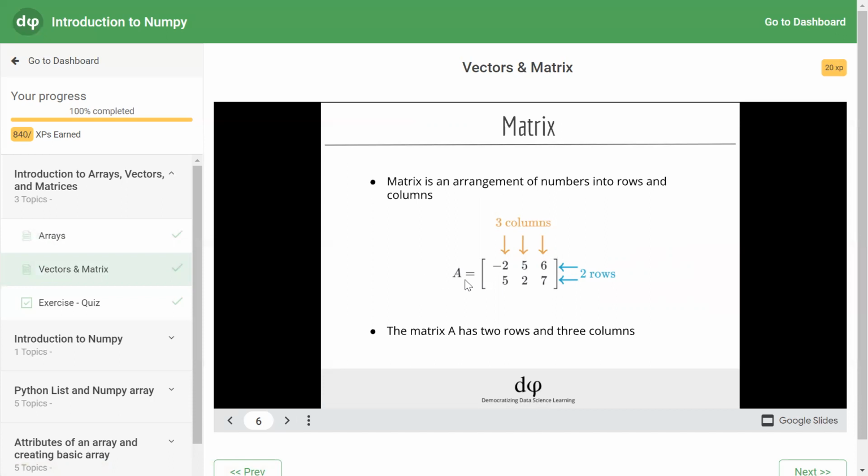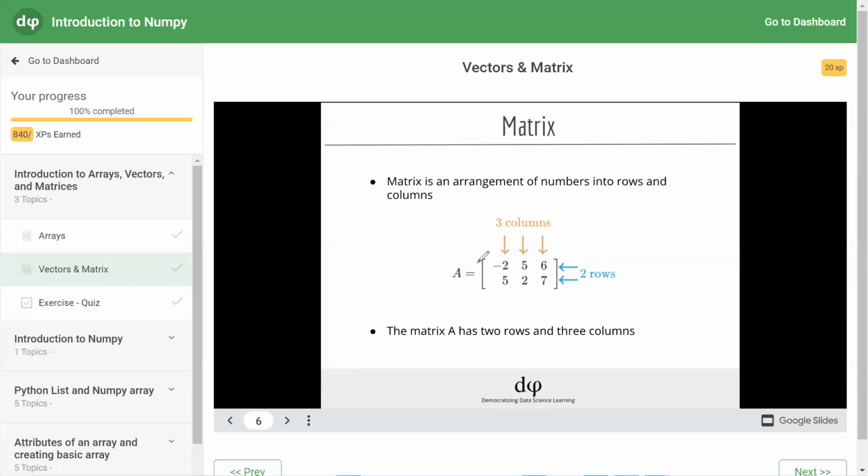Here we are creating a matrix A containing two rows represented horizontally with index 0 and 1, and three columns represented vertically. For example, in this case, we can write something on the screen.